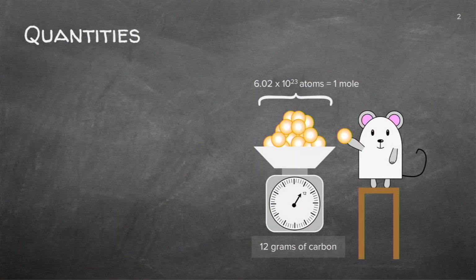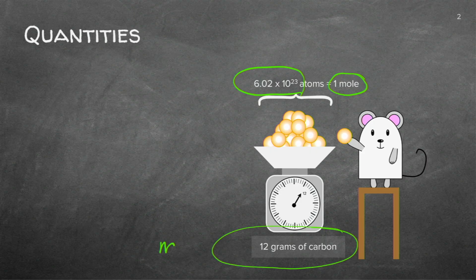Right, the one thing we do know is that 1 mole is exactly 6.02 times 10 to the 23rd. That's the number of particles. And we know that when they did the measurement, they found the mass to be equal and relative to 12 grams. So you have to know your definition. You have to know Avogadro's number, or you don't have to know it. You'll find it on your periodic table and your information sheet. And we're now going to have a look at volume.